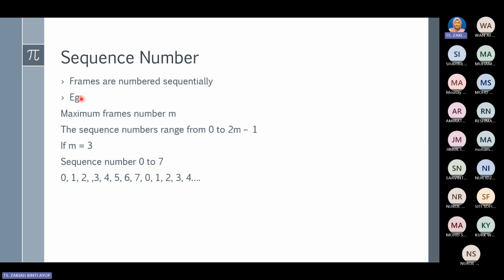To create numbers, they need to decide the maximum frame for the sender and receiver, and the sequence numbers range from 0 to 2 to the power of m minus 1. So if m is equal to 3,